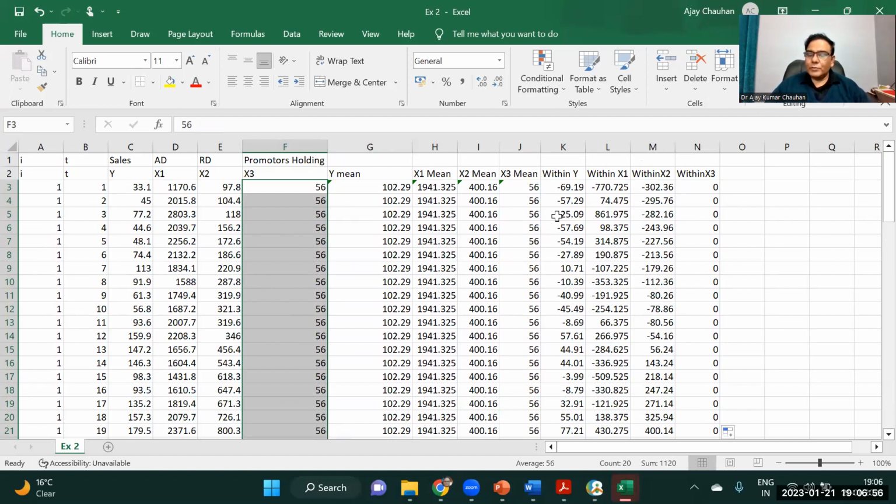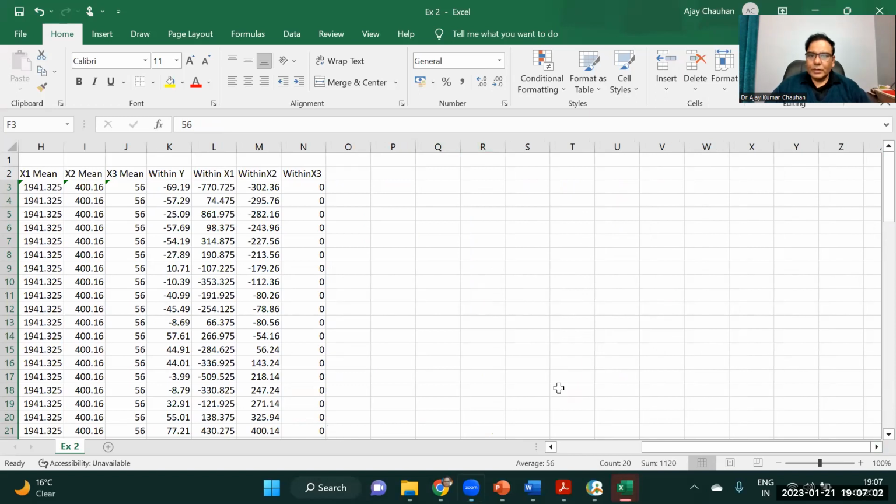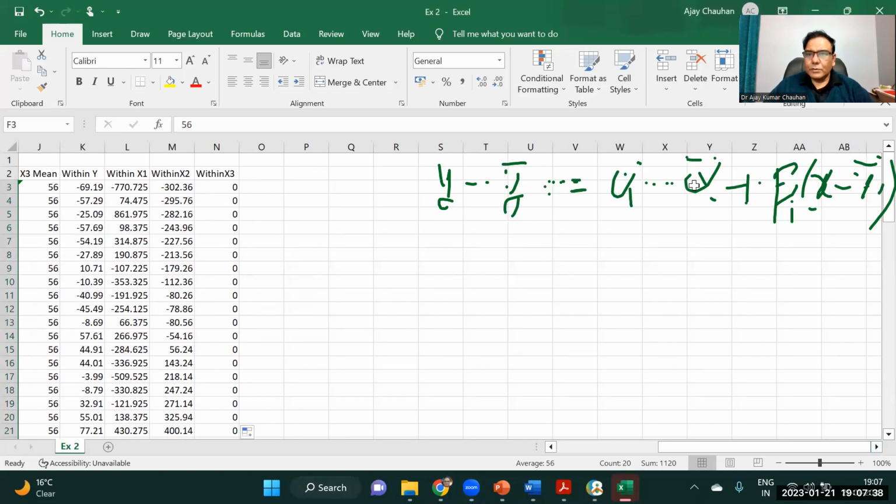Now what to do with this transformation? Now I'm going to apply a regression. So let me write the equation of the regression. So how do we write this transformation? We will write that y value minus group mean equal to, alpha minus alpha mean plus beta 1 x minus x bar,